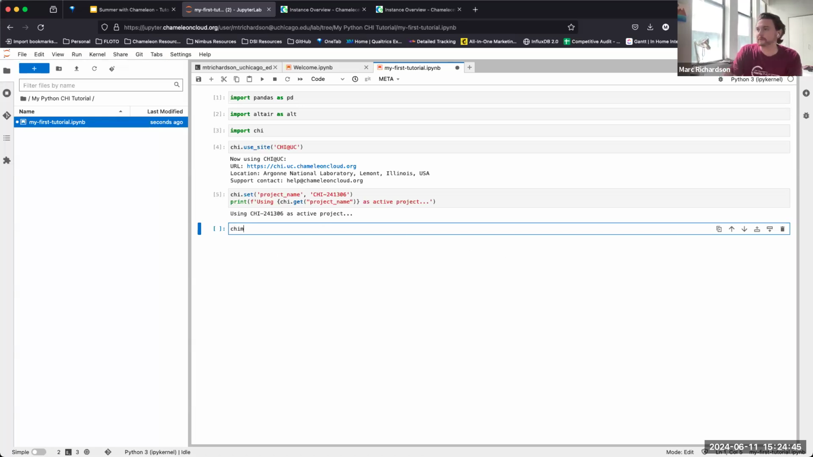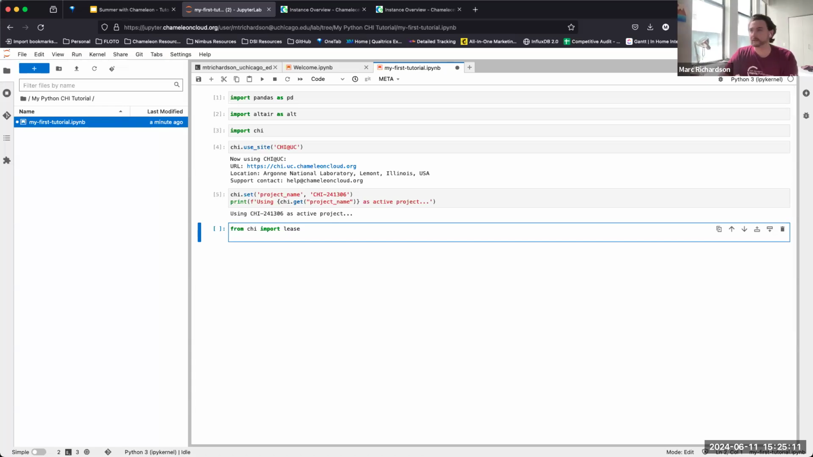There's a couple of different libraries in Python, or sections of Python-chi, that you can use. One of the most important ones is a module called lease, or an object called lease. This is basically what you're going to be using to do anything related to reservations on Chameleon through this library. So I can say import lease from chi, and if I wanted to, I know, for instance, that I already